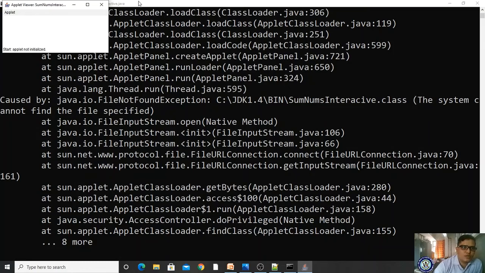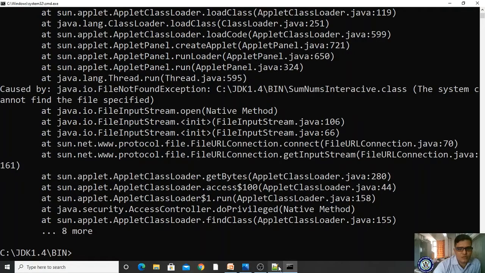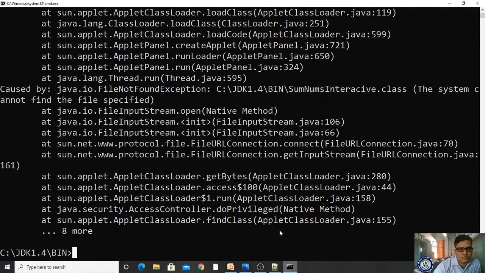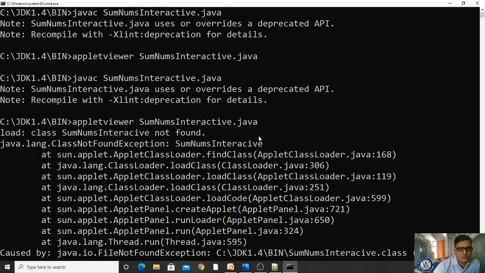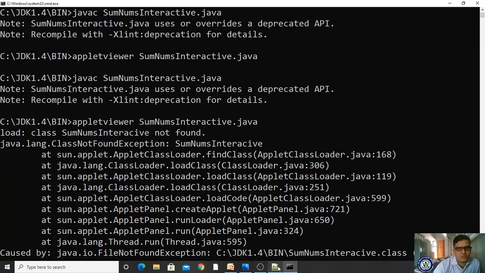So it is immediately showing in your browser we are not having anything, right? So our program consists of an error. Because of that error it is not executing. Some nums interactive, some nums interactive.